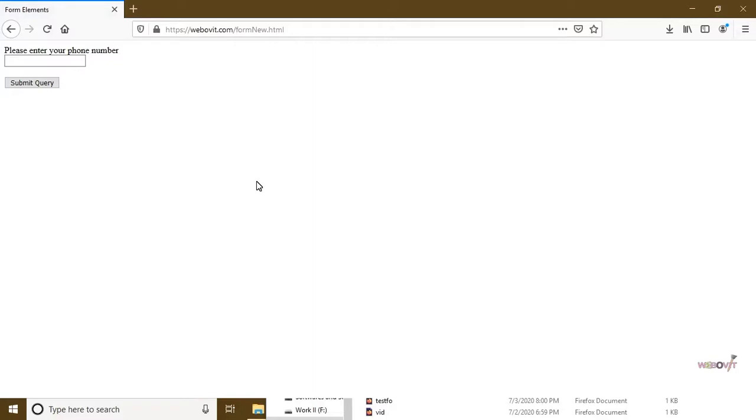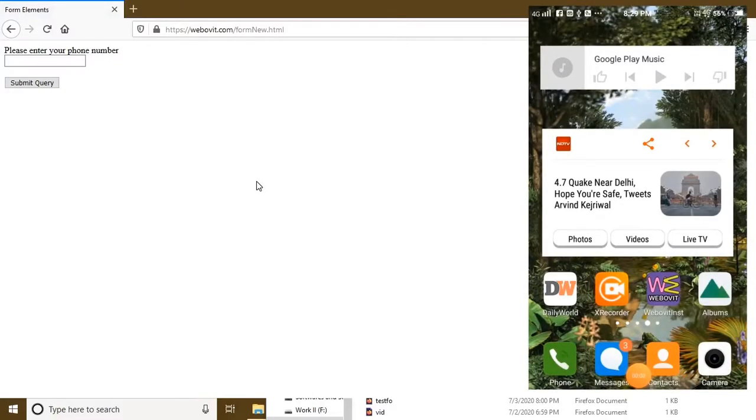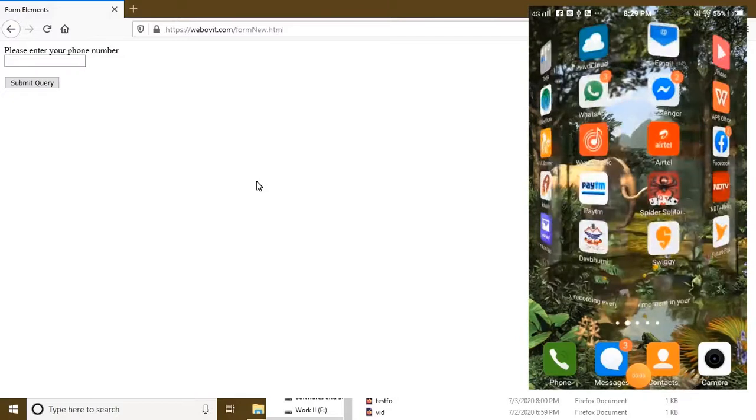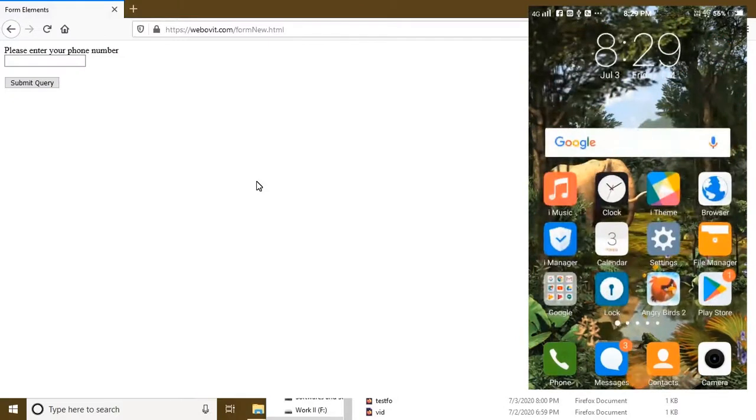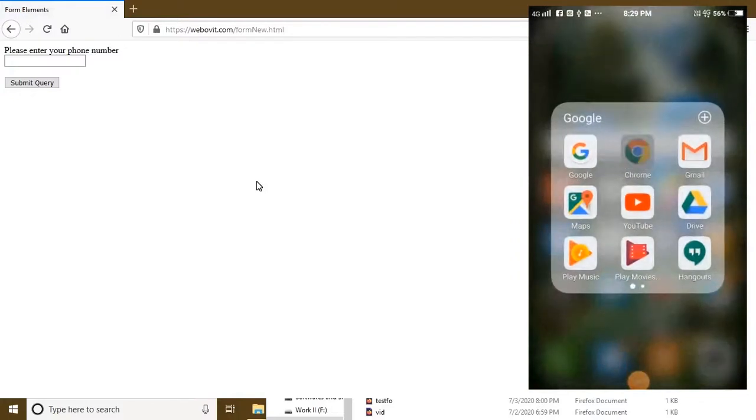Okay, so now I will open my mobile device and I will open the website in the mobile browser. Okay, so here I have opened the Chrome browser.